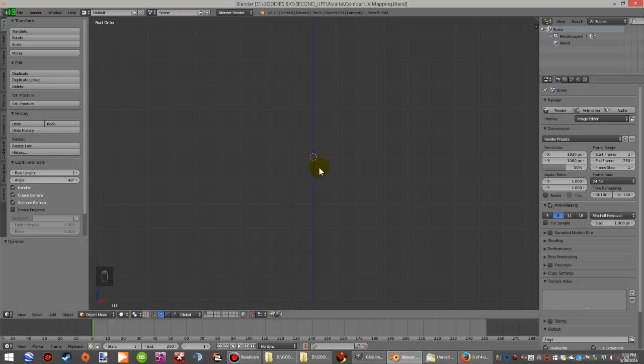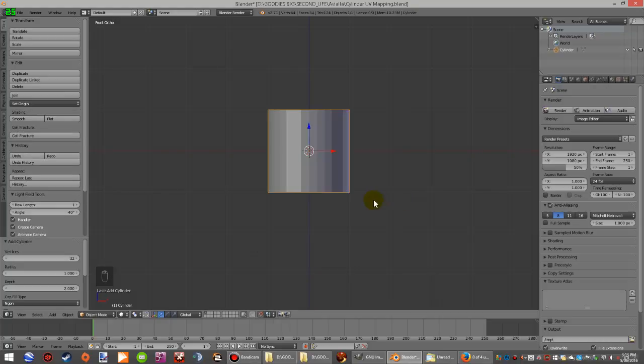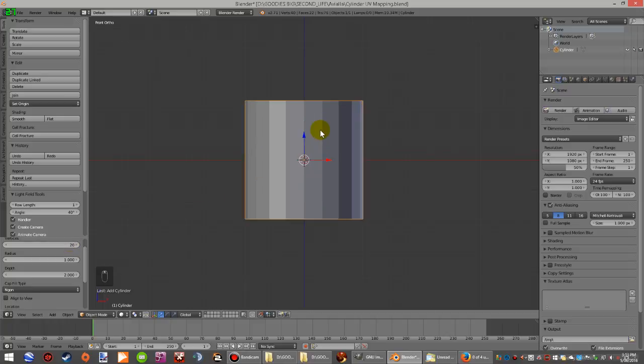In this tutorial we'll be texturing a cylinder. So add mesh cylinder. Over on the right here, make sure your vertices actually means how many faces as well. So you can change that to 20 if you like,